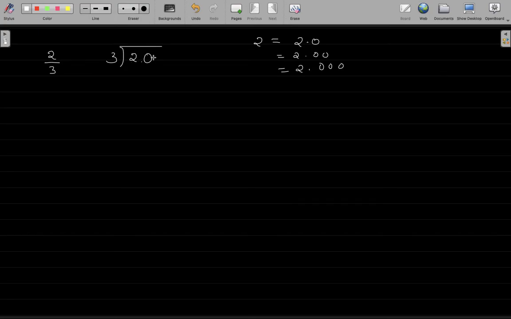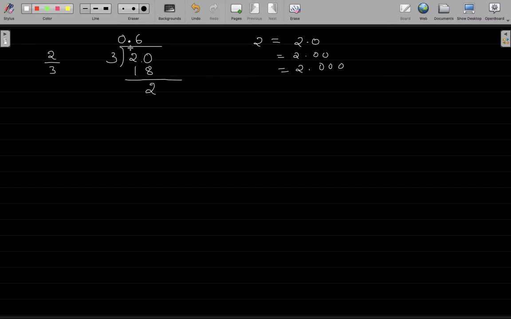Now we will start dividing 20 by 3. But to divide this by 3, we have imagined another 0 here which came after the decimal point. So we will be introducing a decimal point in the quotient here. Now because you have a decimal point here and there's nothing before it, we are just going to write it as 0 point something. Now because you have 20 here, 3 times 6 is 18. So 20 minus 18 is 2, right?